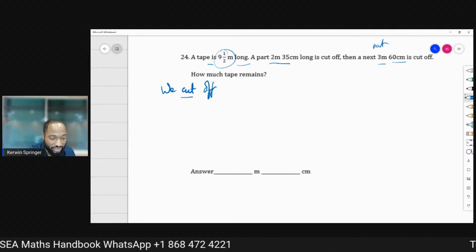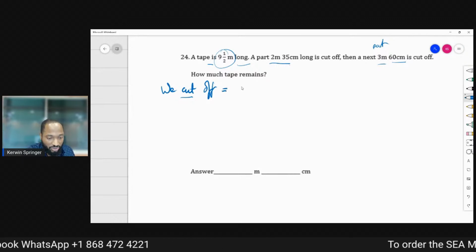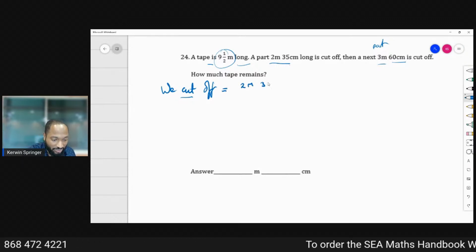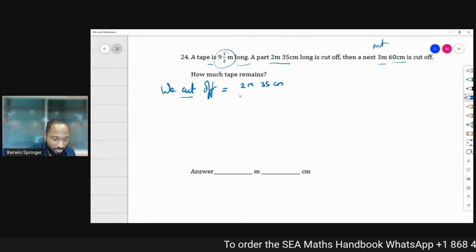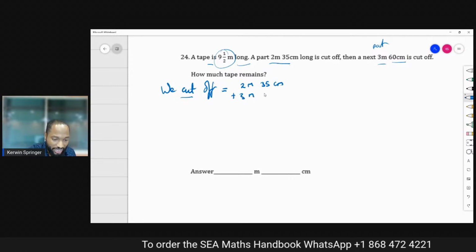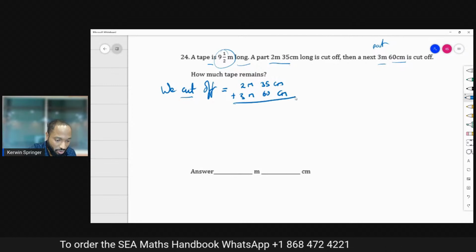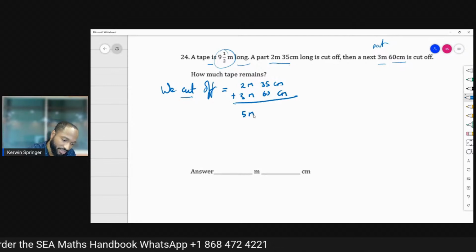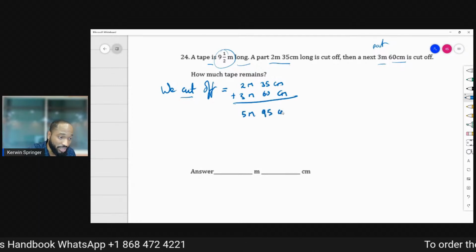You're holding it down. So we cut off 2 meters and 35 centimeters plus 3 meters and 60 centimeters. Altogether, this is 5 meters and 95 centimeters. Now, keep in mind,